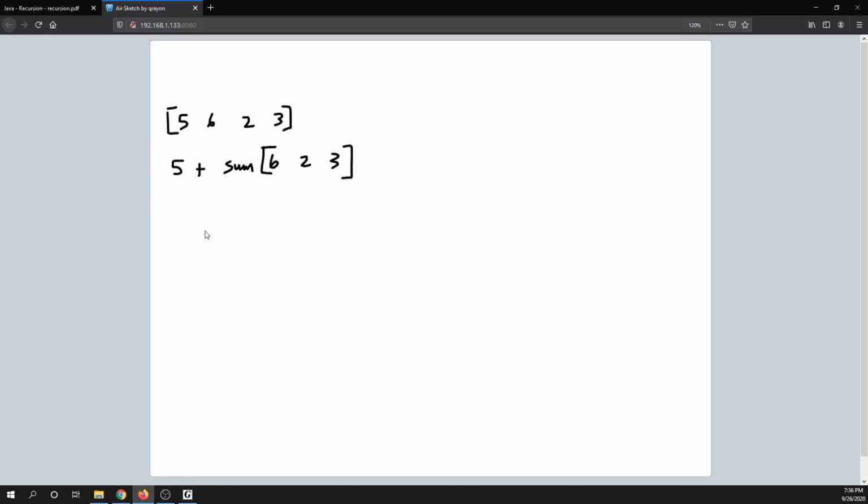your boss was really, really lazy and your boss's job was to add up these numbers in the array. And so the boss says, hey, look, I'll just take care of this first one, number 5, right? And then you go add up these numbers. And when you add up these numbers, just bring that back to me and I'll add the 5 to it, okay? And then you said, hey, okay. And then